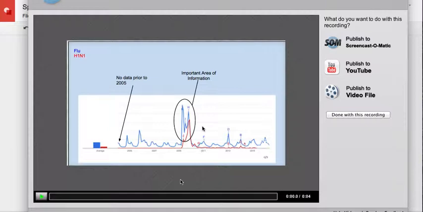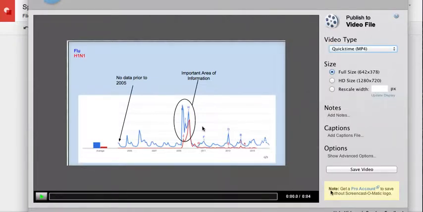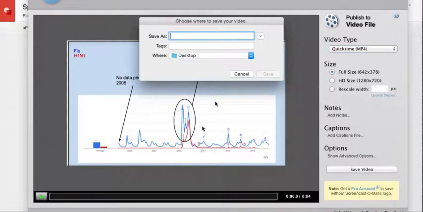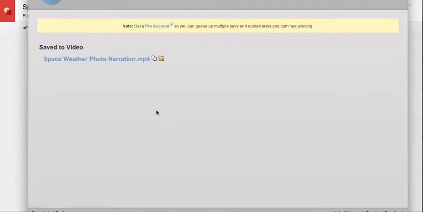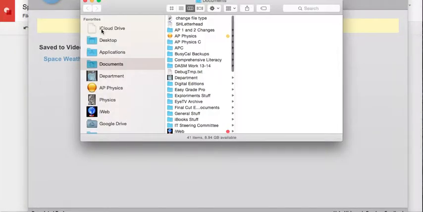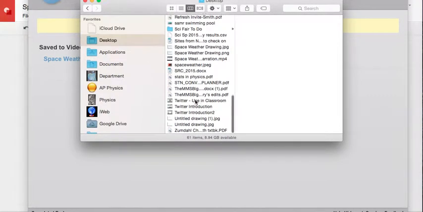And so I can even preview it if I want, but I'm going to publish to a video file, which means downloading it to my computer. And you can see you have choices again of size, but I'll hit save video. And I'll hit save, and this will download it for me. And so it says save to video, and if I go to my desktop,